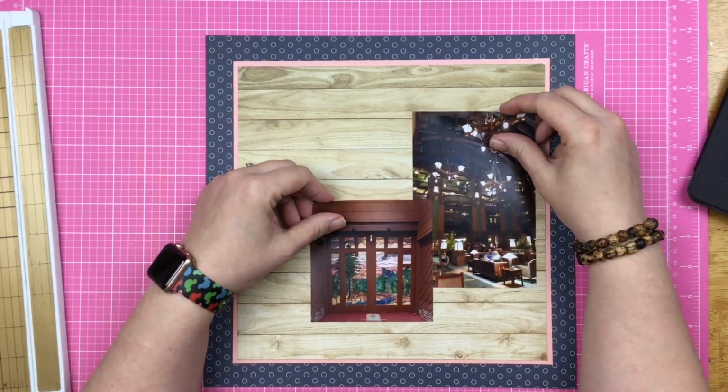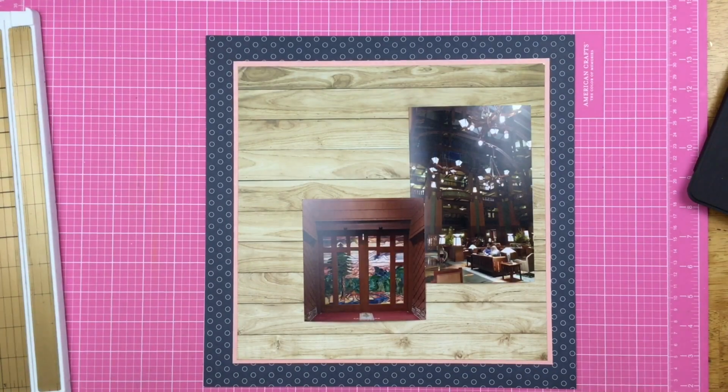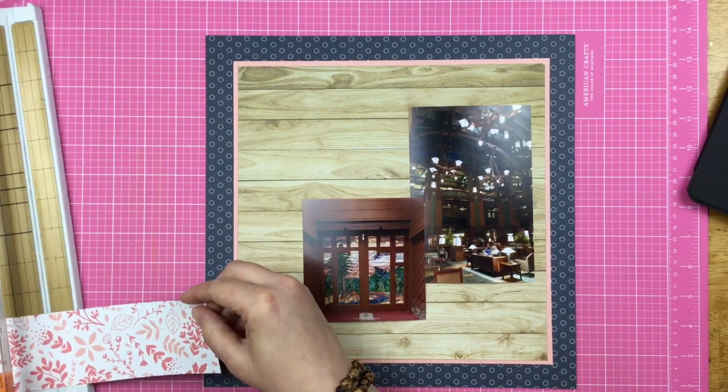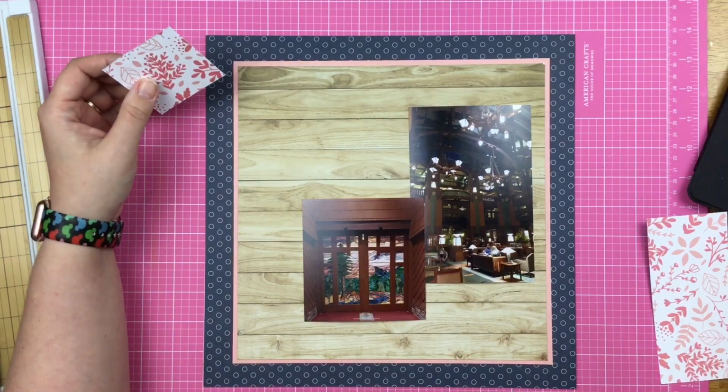So these two photos, I believe I said earlier, are from, wow, my mind just blanked. The Grand Californian. Totally had a moment. And the Grand Californian is beautiful. So,